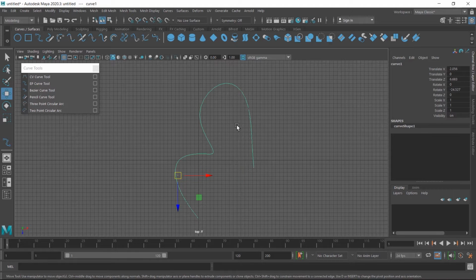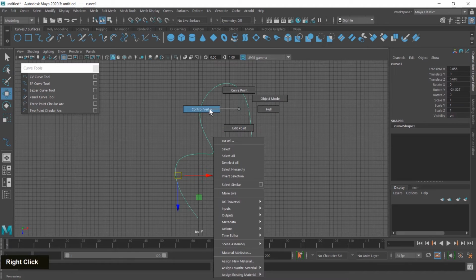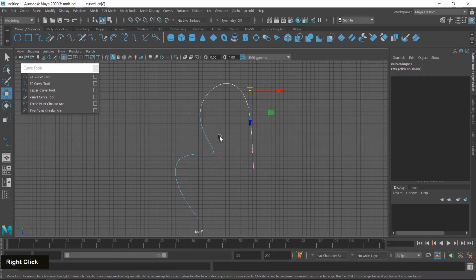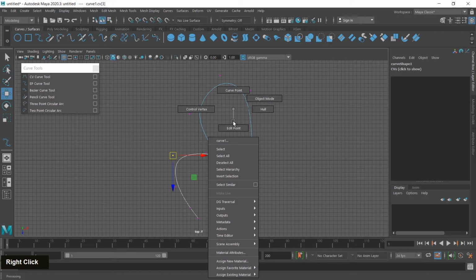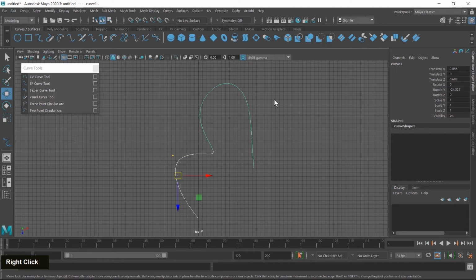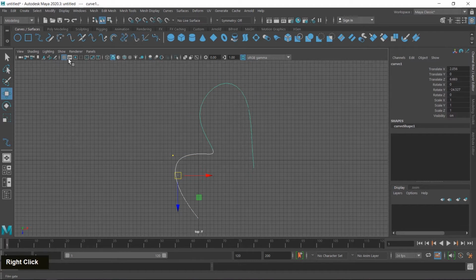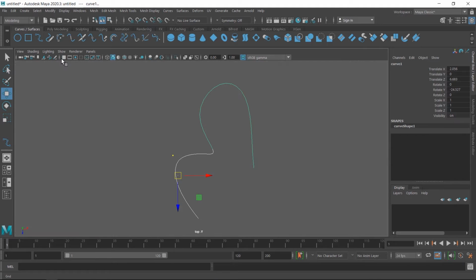Next step is if you modify this curve by using control vertex, and sometimes these control points are not visible by this grid, so you can turn off this grid. First I exit from the editing mode and then press this button. It's related to grid. By clicking on this you can turn on or off grid visibility.